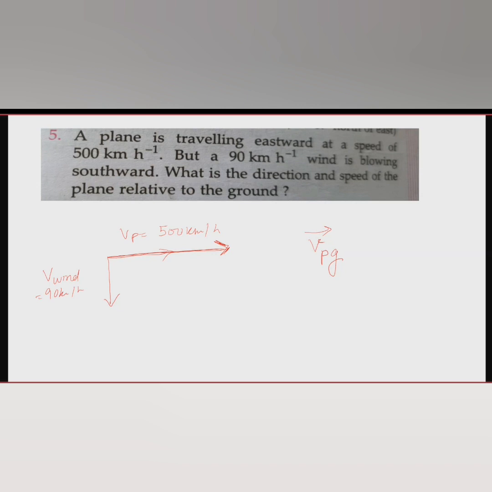is moving with a velocity of 500 km per hour. It cannot change its velocity by much, but to some extent it will cause its velocity to change. So what would be the velocity of plane due to the wind? That would be resultant velocity, or that would be a relative velocity. Ma'am, relative velocity.